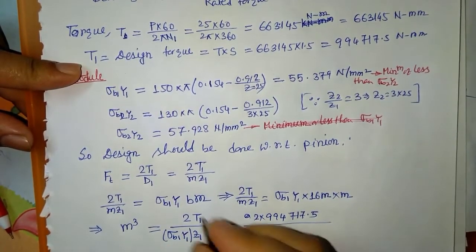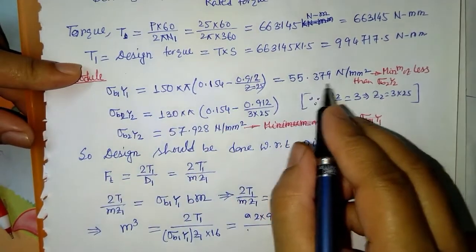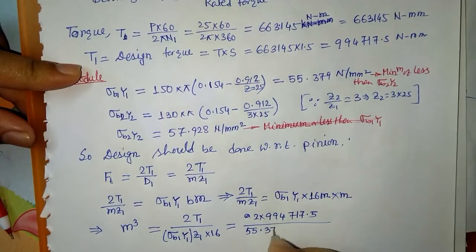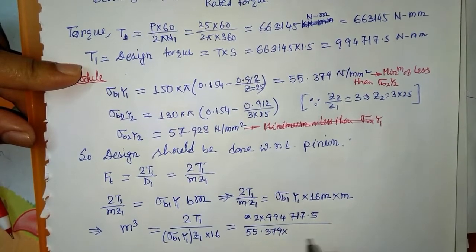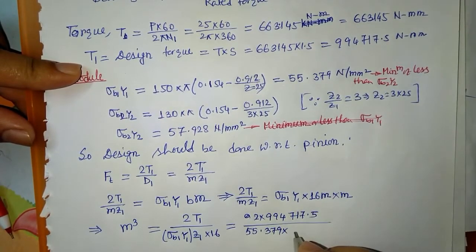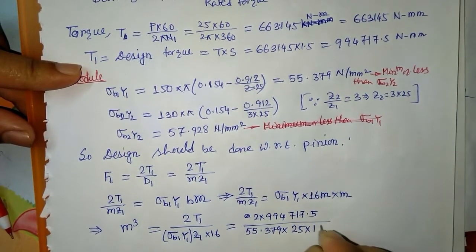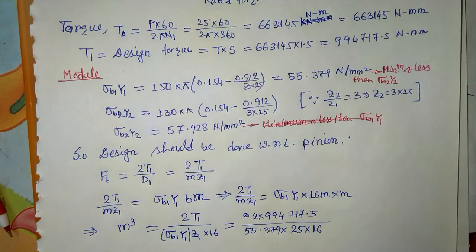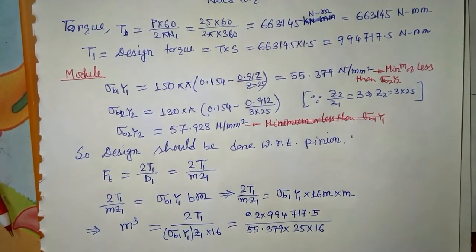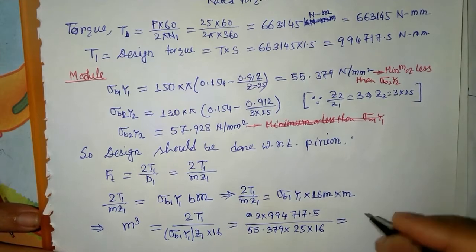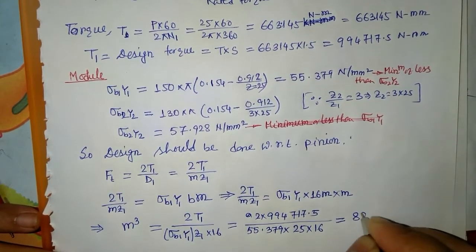This value I have calculated. This is our 55.379 into Z1. Z1 is how much? Z1 is 25 into, we have 16. Okay, so now this is our m cube, and if we simplify or calculate this one, we will get